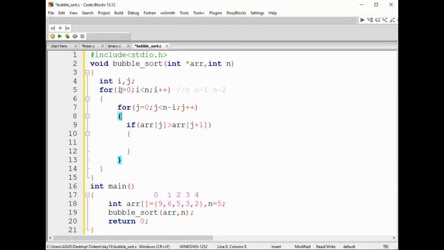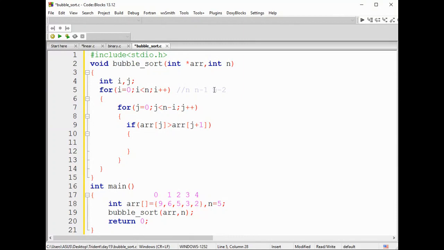I told you that my loop is going to execute 0 to less than n. Here n is 5, so it will go from 0 to 4. I'll come inside, and this condition I applied is due to the logic that after doing the first iteration, I know that the rightmost element will be sorted, and in the second iteration the next rightmost will be sorted. So it is not required to go till n value. It is sufficient to stop at n minus i. N minus 1 will be sorted for the first iteration.